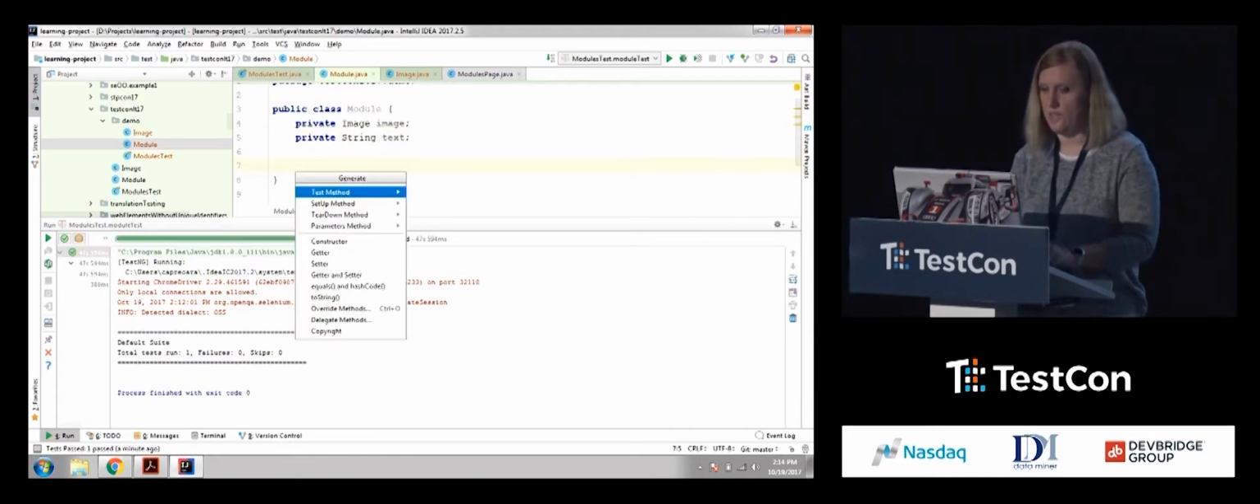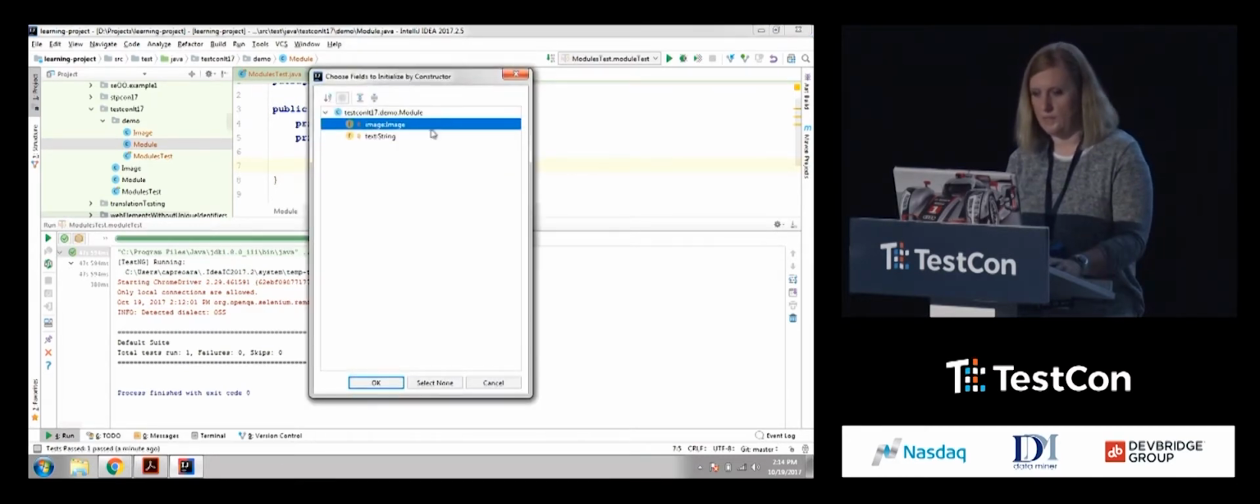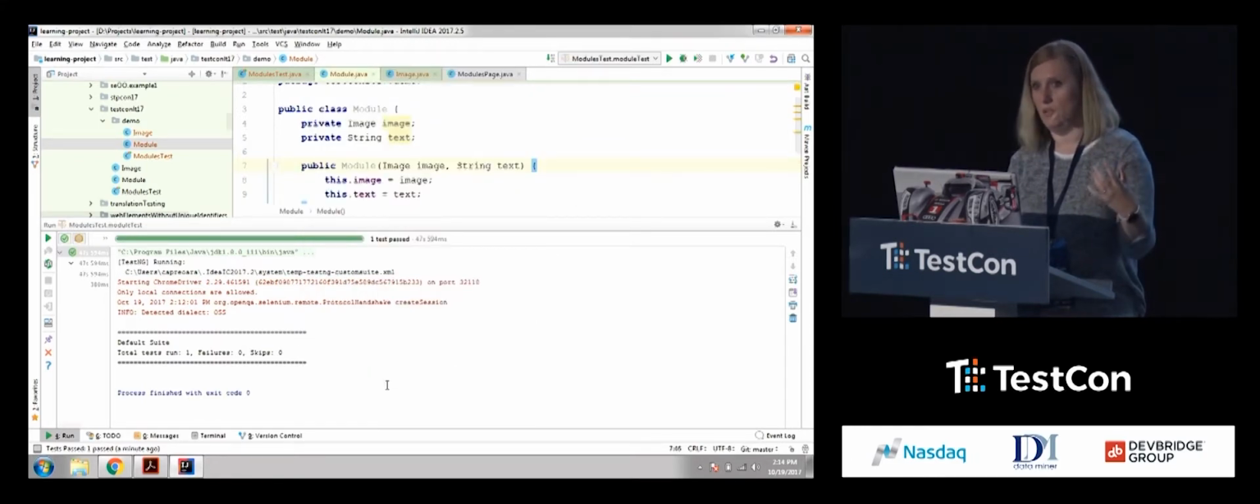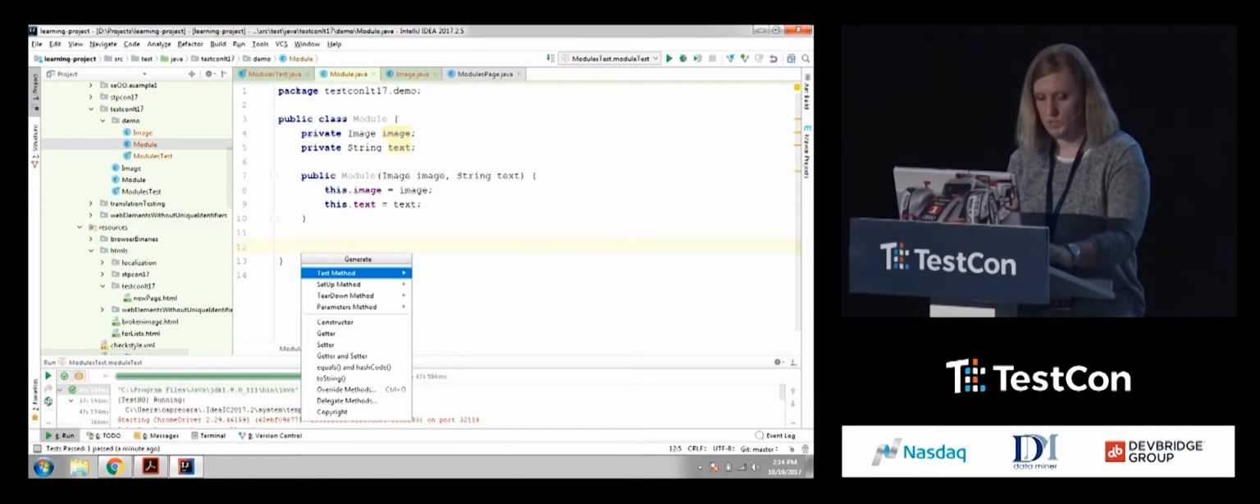So I'm just going to say, again, automatically generate the constructor for my expected values. So here I will have to pass in my expected image, which is an object. So I can already create an object because I already have the constructor, and a string. After that, I will just have to create a new